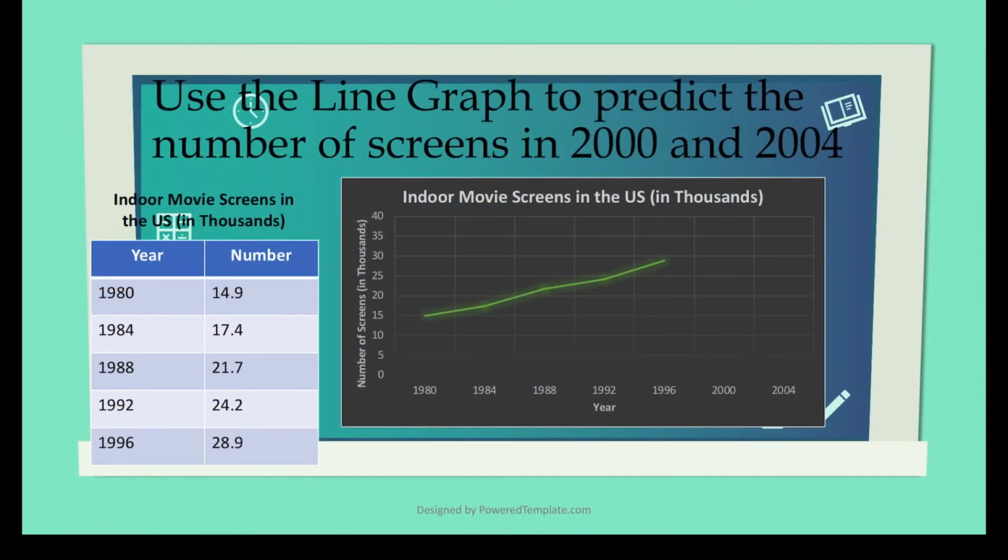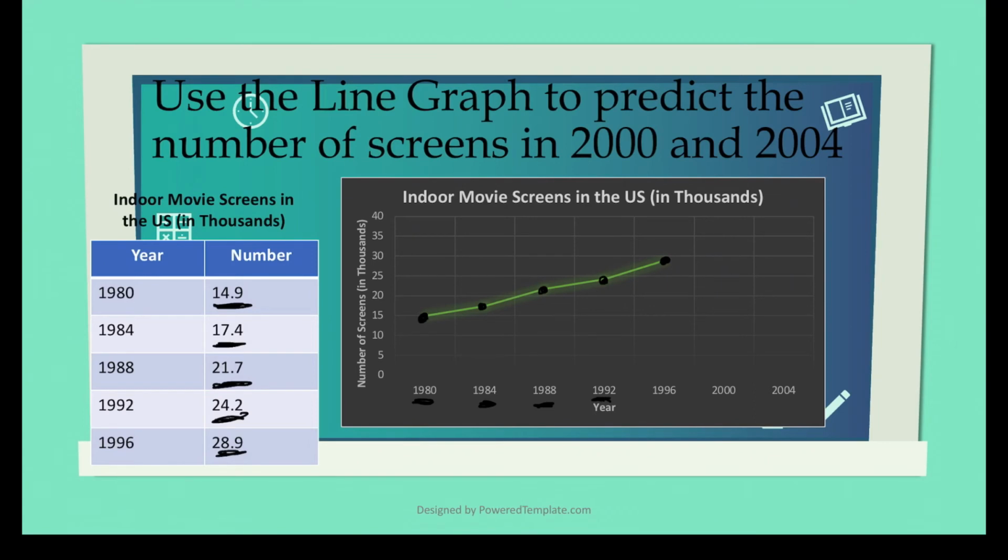Okay, so this is a line graph. So here we start at 1980. Here we got 1984. Here we got 1988. And we got 1992, 1996. All right, so as you go to the year 1980, and you go up to 14.9, and you make a dot. And you slowly do this with each number. So 17.4, 21.7, 24.2,